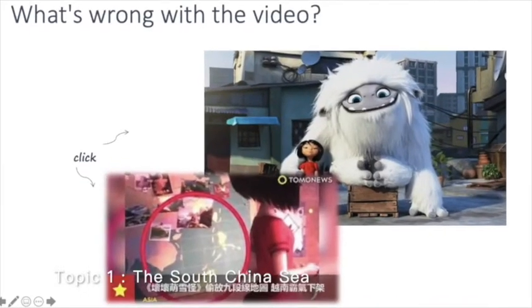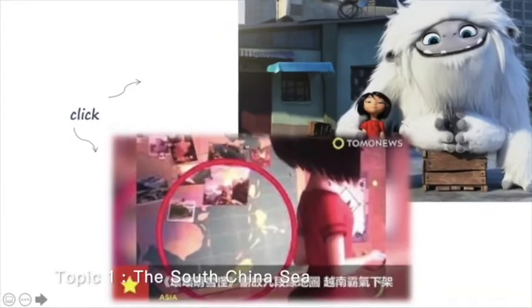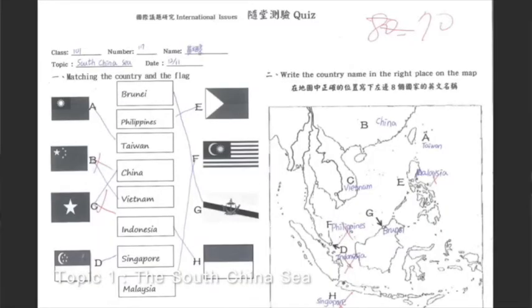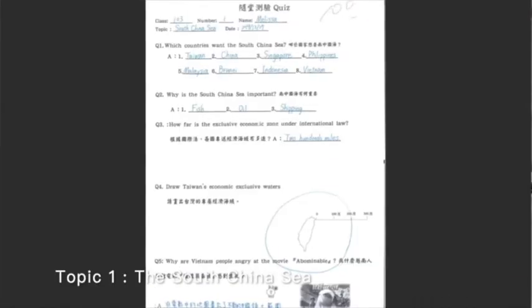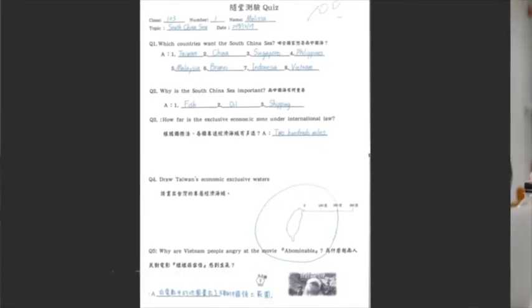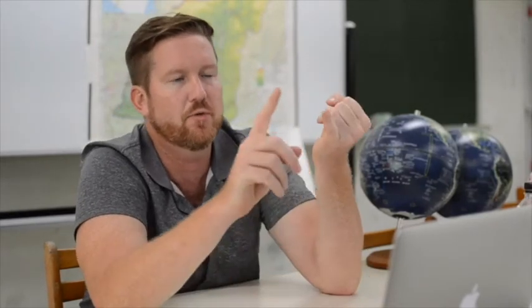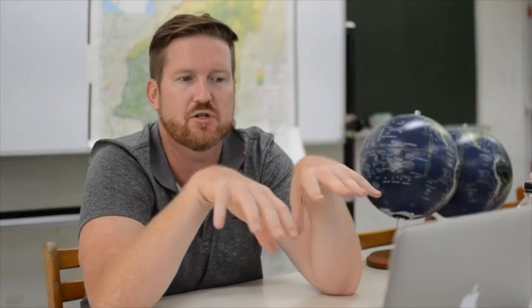Okay, so we looked at some news stories that were popular at that time. We gave them some quizzes. We tried to reinforce all of the different things that we had learned up to that point, so that we could start getting into an activity. And Mr. Lee and myself, we designed a game that the students could play that incorporated oil, money, fish, in order to try to keep your country happy. So every country was represented in the game,